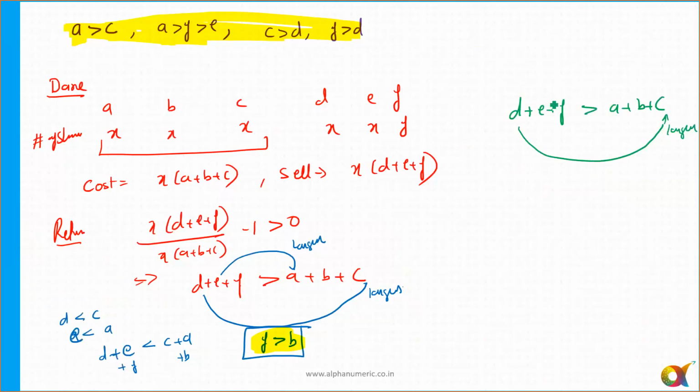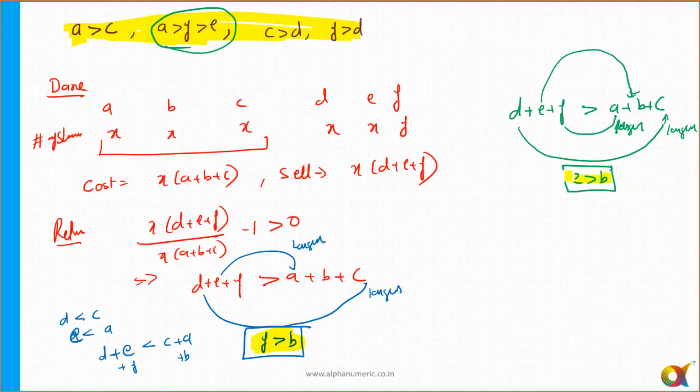Okay. Among E and B, or sorry, among F and A, not E and B. Among F and A, A is also larger. Okay, now you can see it here. So now can you tell me the relationship between E and B on the basis of these two values? Yes, E is greater than B. So it means E is definitely greater than B.